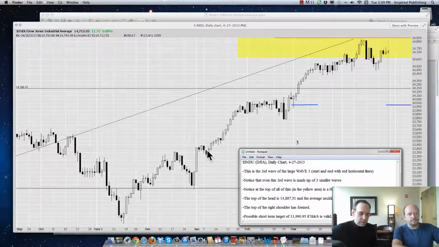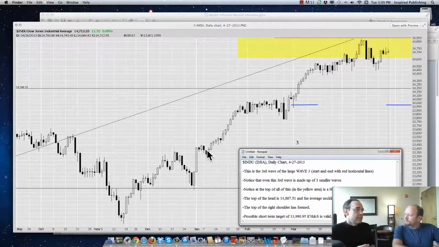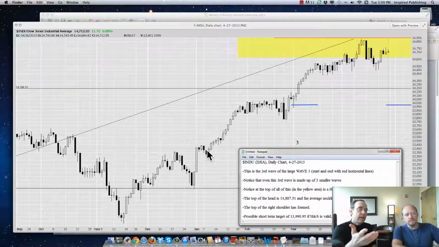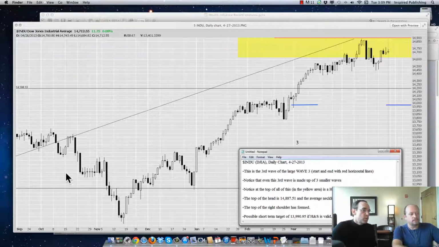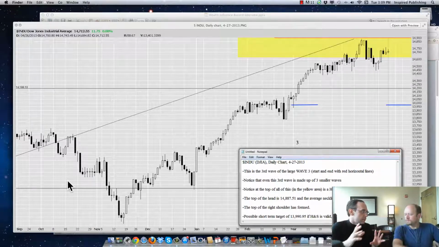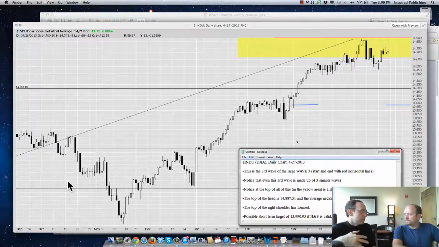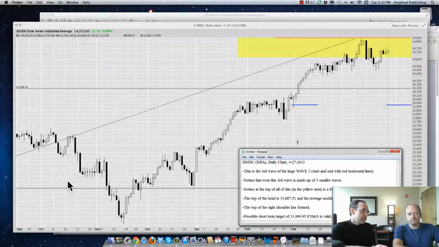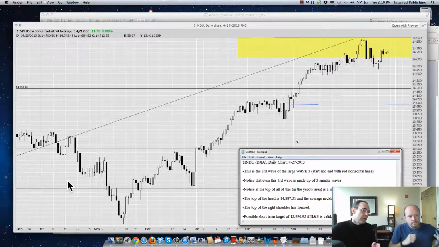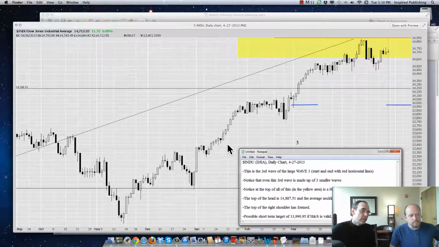Well, Randy, I believe in the last session we talked about the Dow and what the Dow was doing, and here we have a picture of the slide that I had. There were 3 large waves up since the drop back in 2007, where it bottomed, I think in March of 2009, and started way back up. From the time it bottomed in March of 2009, the Dow has been coming up in three large waves, which you're going to see in a moment. The third wave of the third wave is what we showed on the last video that we did.